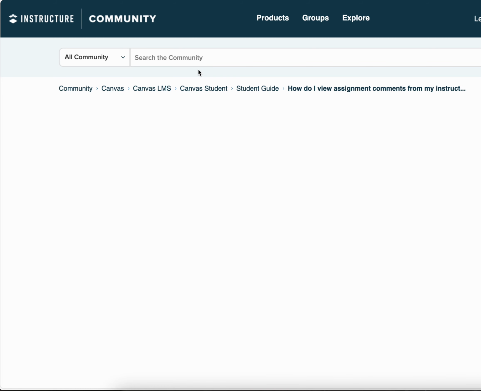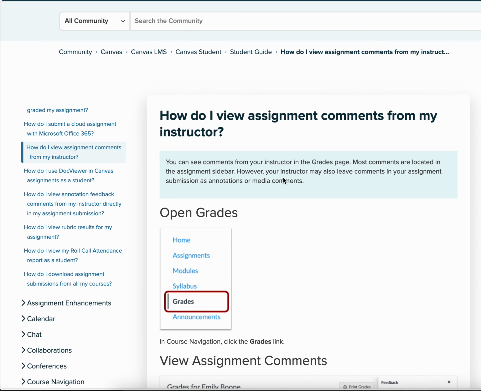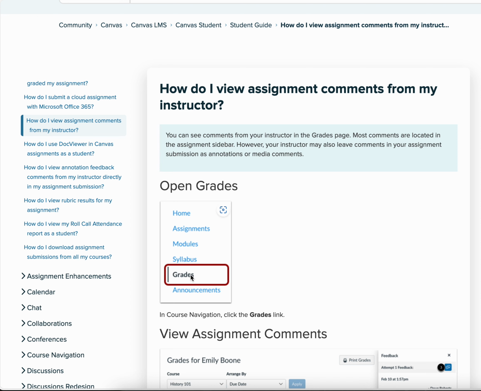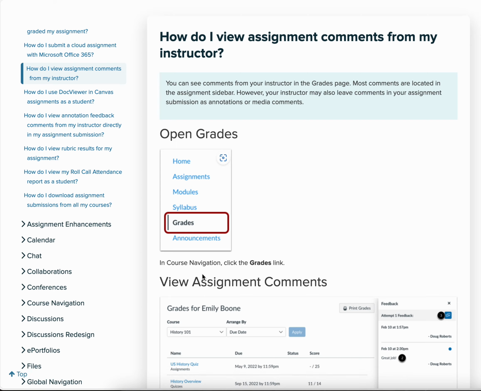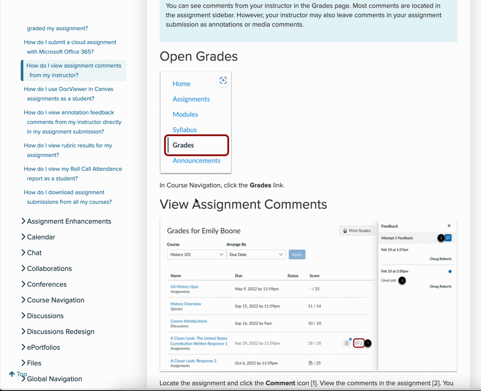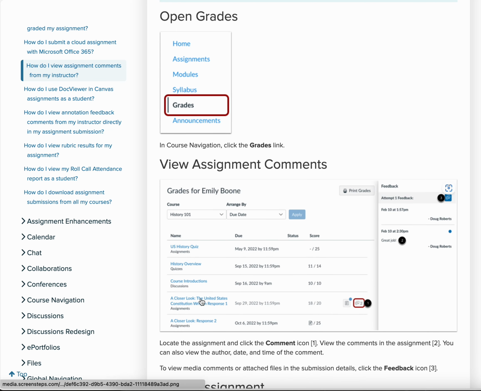When you get feedback from me, what I want you to remember is you can go to the grades menu. It's on the left hand side. Once you get into grades, you can see that for a particular assignment, you'll see some comments.